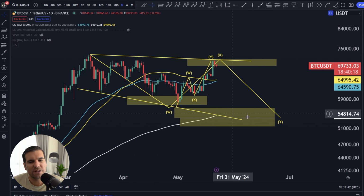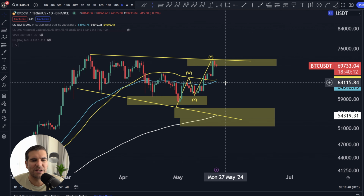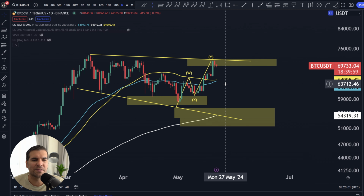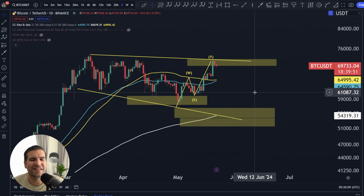And so when we take a look at this, we can see how this would play out. Now, it's possible that we continue to rally, of course it is, but I think we have to have at least a mini correction down to the 50 simple moving average or 50 exponential moving average, which are coming in at around 64,500 approximately, and 65,000 on the 50 simple moving average, right? So we are looking for a bit of a correction here